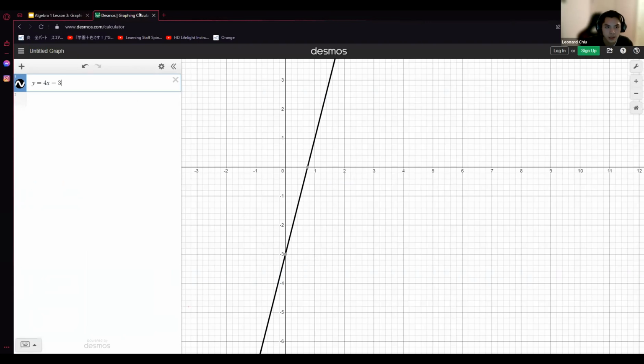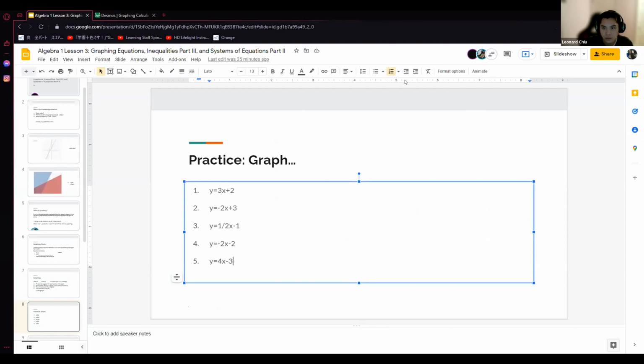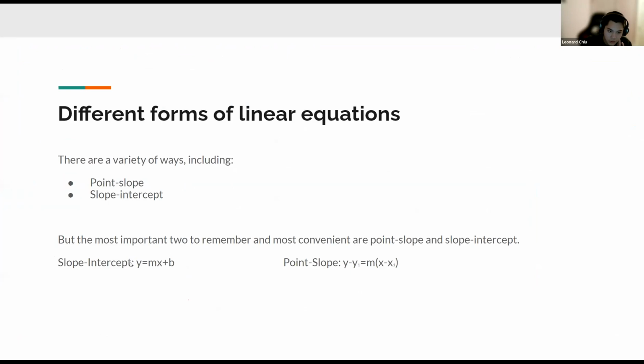All right, let's keep moving on. Now there are different forms of linear equations. We learned slope-intercept form, which is y equals mx plus b. But the other one is called point-slope form. Now again, m is the slope,